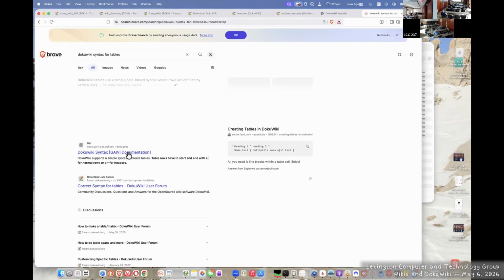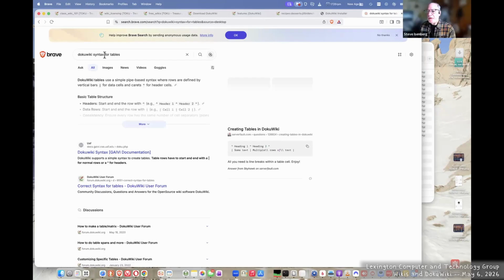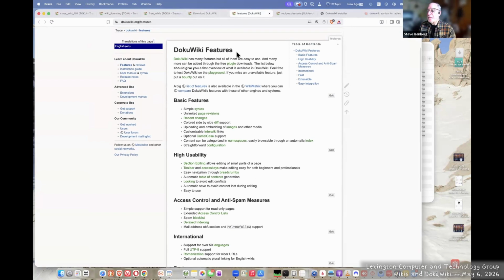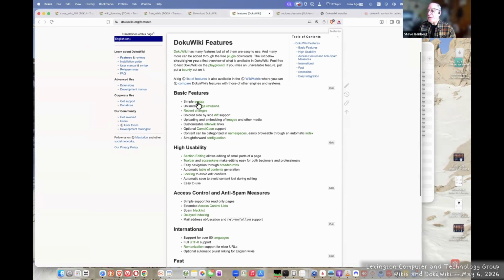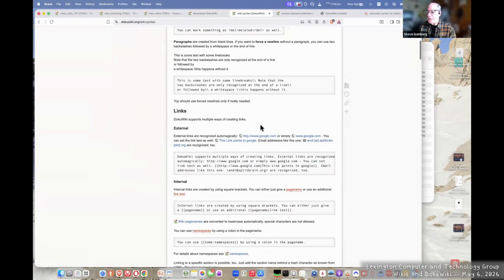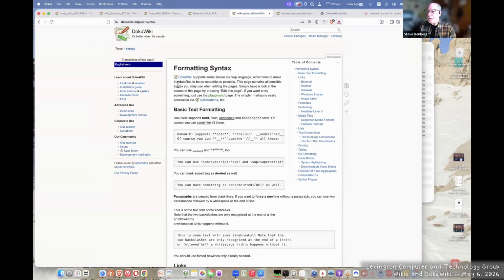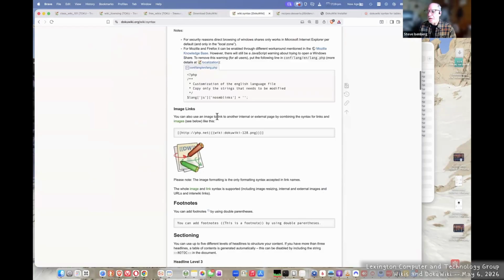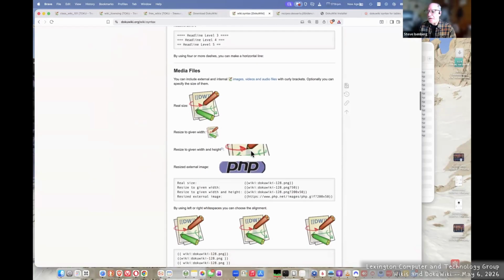What does that say? I can't see the letters there. DokuWiki syntax for tables. Another way, let's see. DokuWiki features. No, free wikis. Simple syntax. There's a page on syntax. Basic text formatting, links. This is a DokuWiki page under syntax: links, InterWiki, image links, tables, media files,